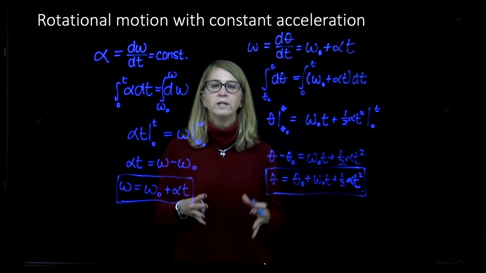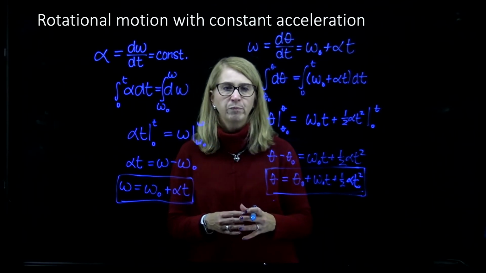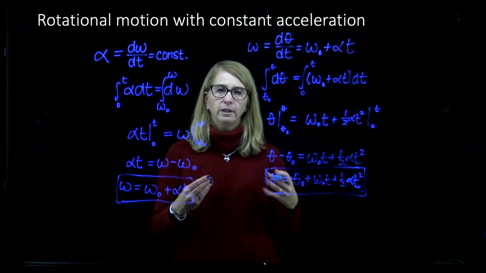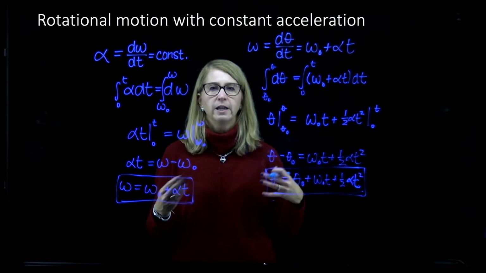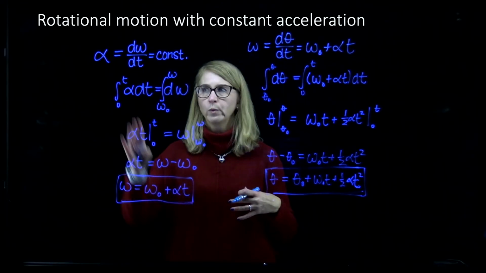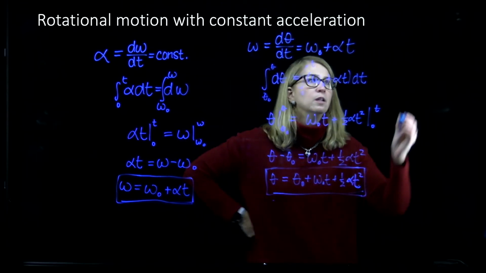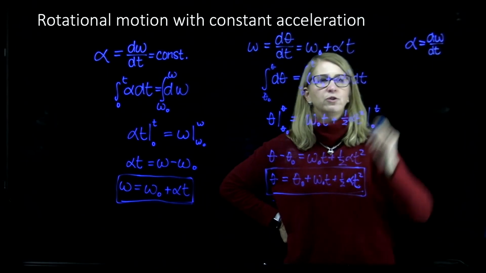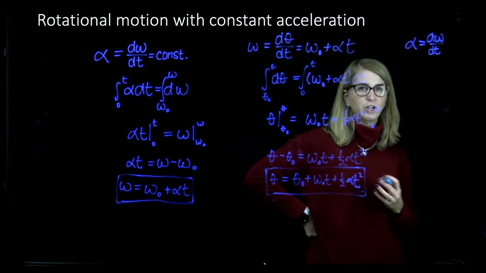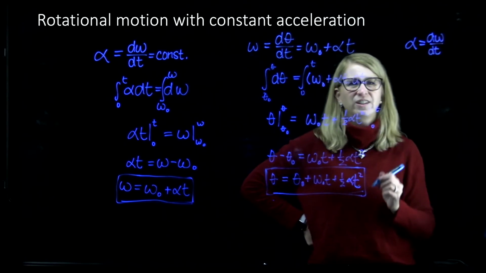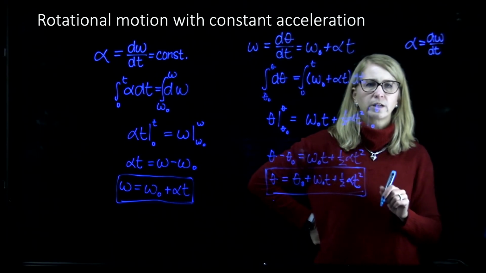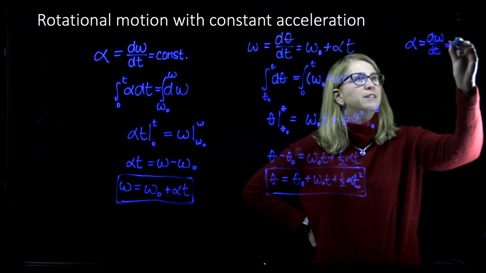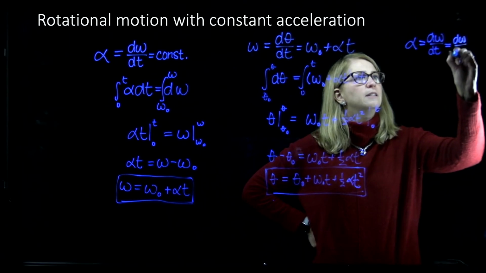Okay, I'm going to do one last expression before we stop. And I want to show you how we can come up with an expression that relates omega, alpha, and theta, but eliminates the time. And we're going to start with this expression one more time. So alpha was equal to d omega dt, but I'm going to change that derivative by using what we call the chain rule. And I actually did do this in class, I think, when I did the work kinetic energy theorem. So instead of d omega dt, I have d omega d theta